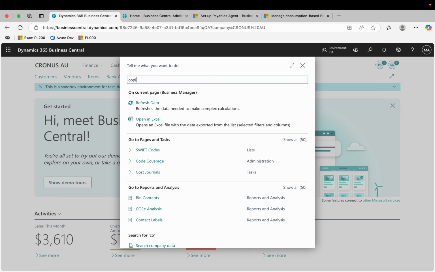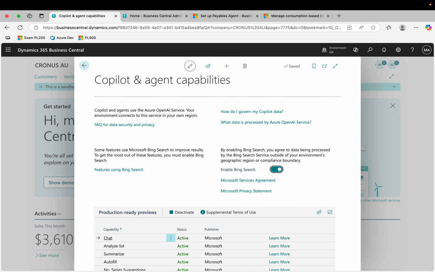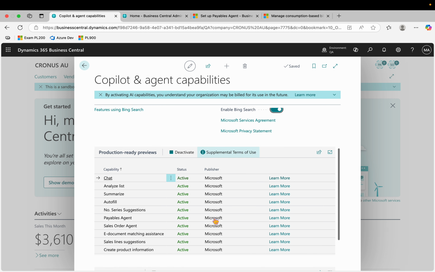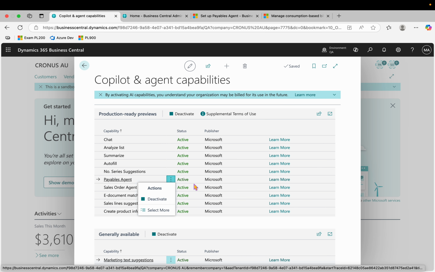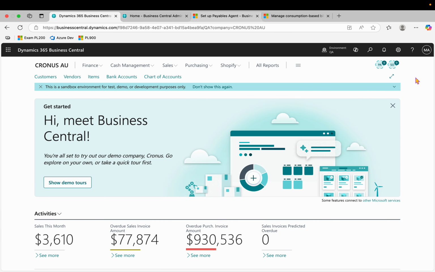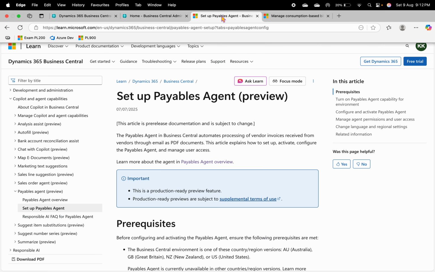First of all, you can type here Copilot and agent capabilities, and when you come up here, you can see that this payable agent should be available in your list. If it is not available, there could be several reasons why. I will tell you that, but this is currently available and set as active. You can deactivate it as well by clicking on this. Now, if this is not showing up here or in that Copilot page,